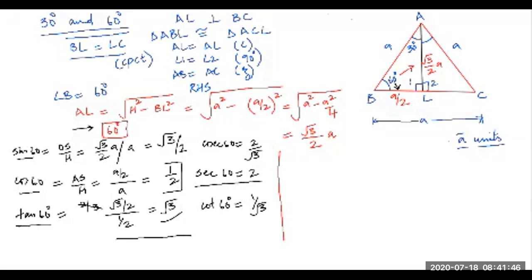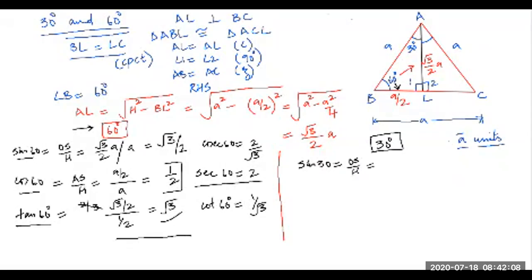Now, let's define all the trigonometric ratios for 30 degree. Now, students, for 30 degree, what is opposite side? Opposite to this angle, that is A by 2. What is adjacent side? Under root 3 by 2 A. So, define sine 30 is equal to, definition is opposite side by hypotenuse.